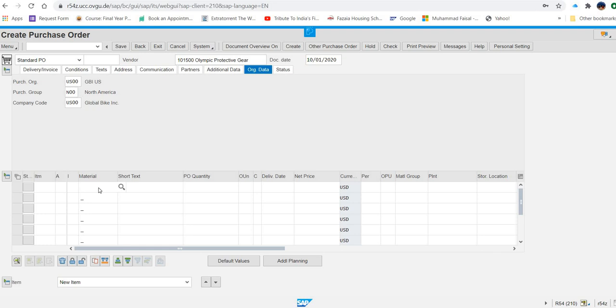In the exercise they have given the material number. It is OHMT. Remember again, it is not case sensitive. It's up to you whether you put capital or small.